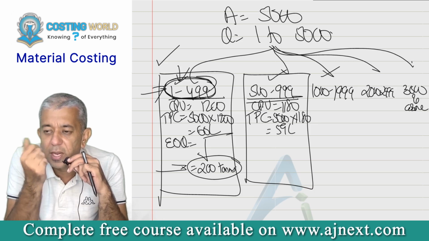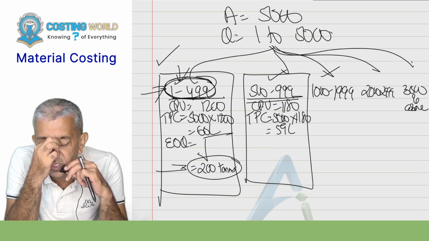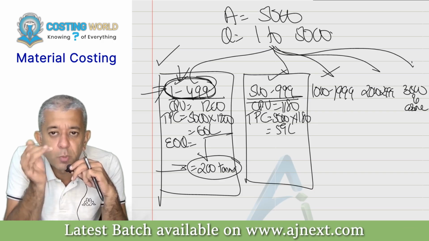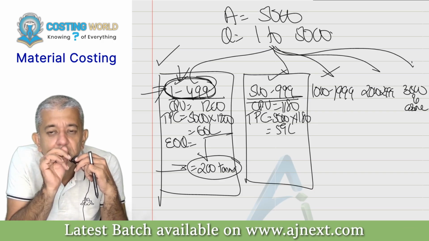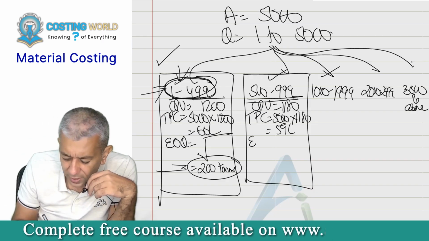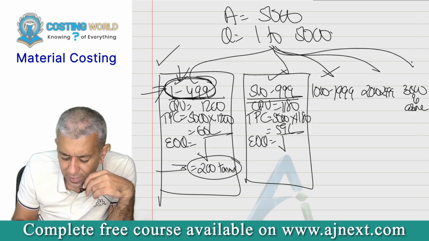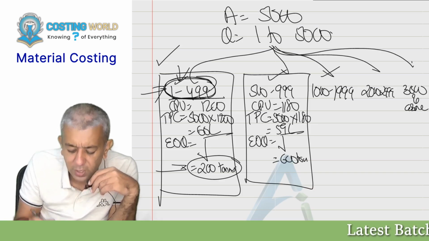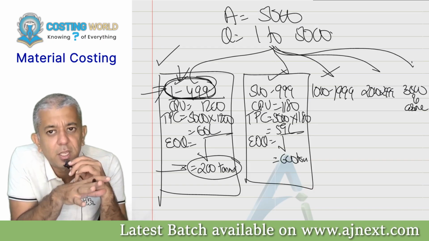Okay, so therefore again I try to be thinking now, if I remain within this particular category, purchase cost cannot change. So therefore my job should be to minimize T. T gets minimized at EOQ. So again I'll try to find out the EOQ under this particular category. Suppose the answer comes as 600 tons. Okay, so can we say if you want to order any quantity in this particular thing, you should order 600